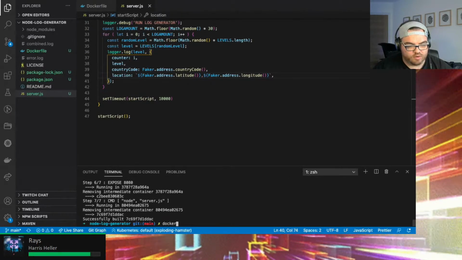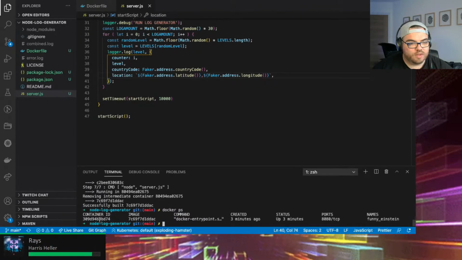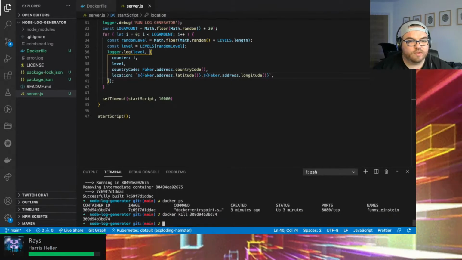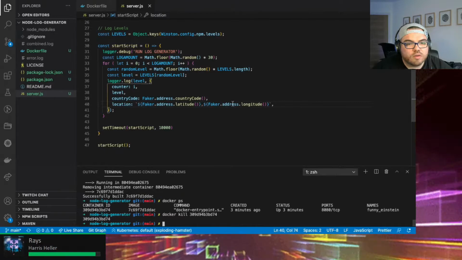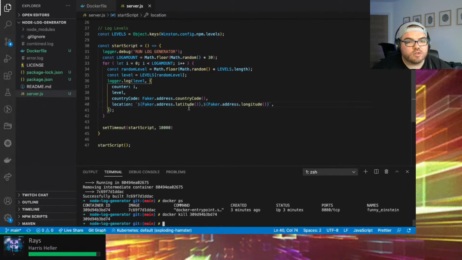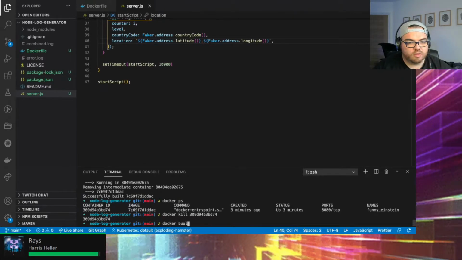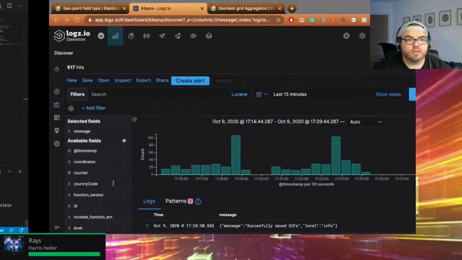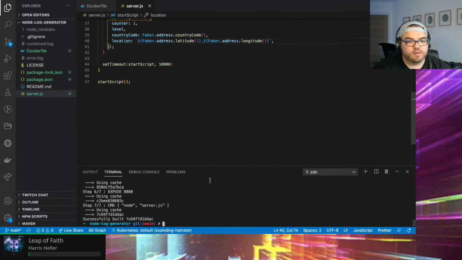Start again. Docker PS. Docker kill. Let's double check. That is a latitude and longitude string. Docker build. Cool.